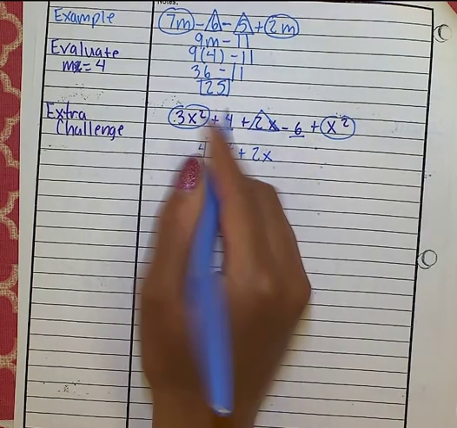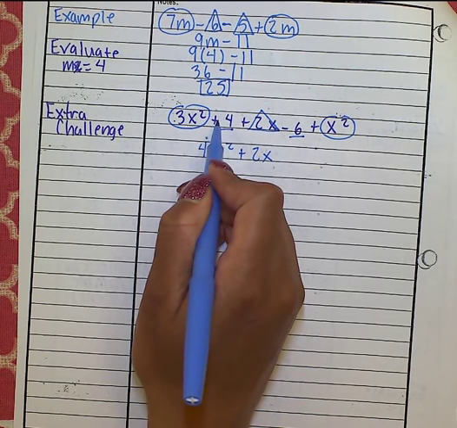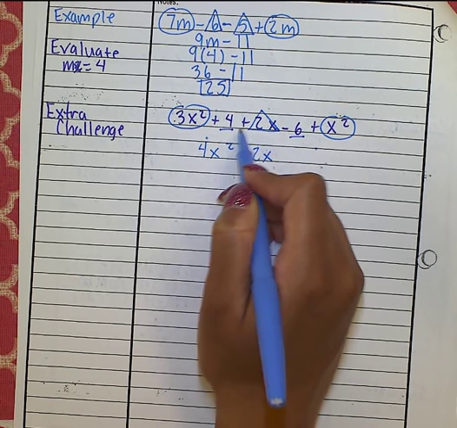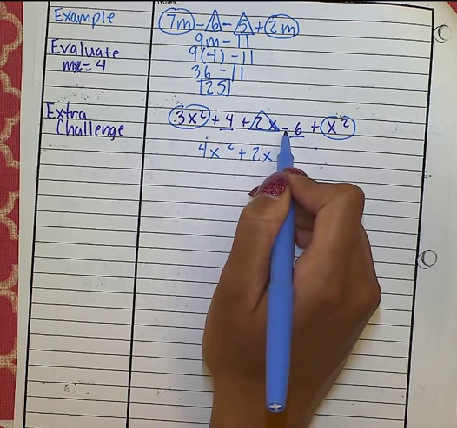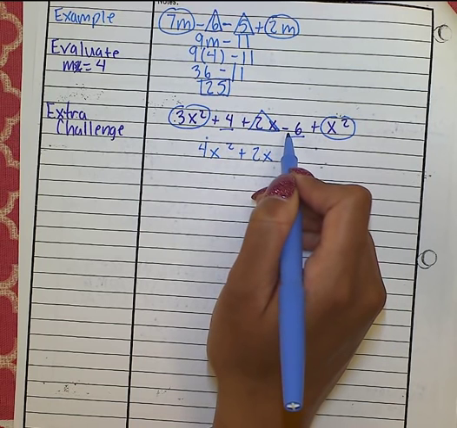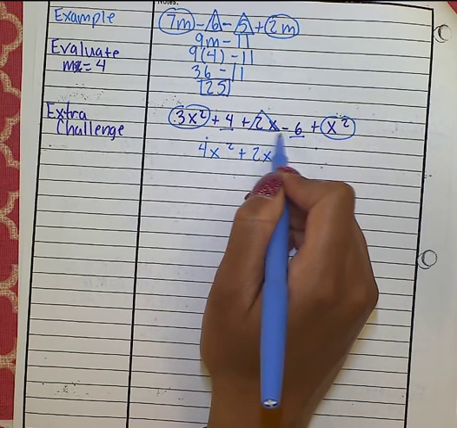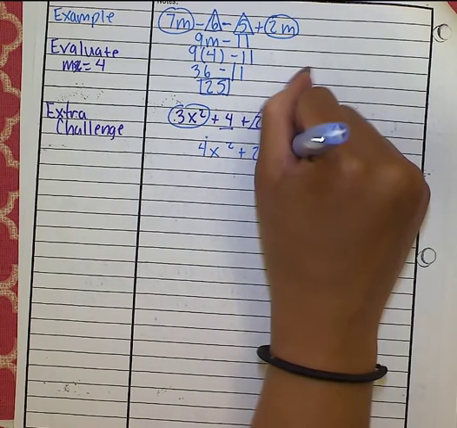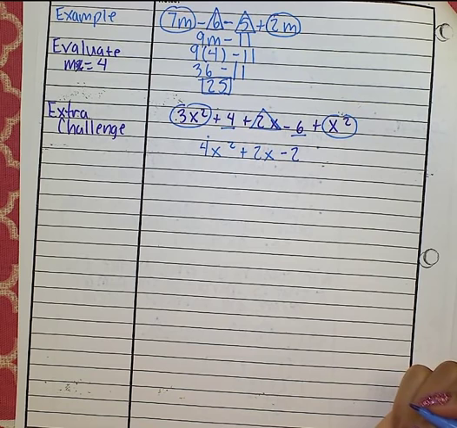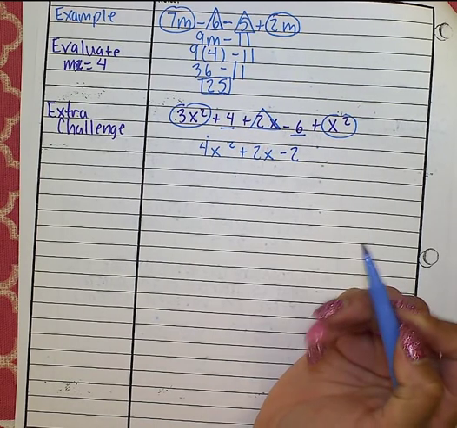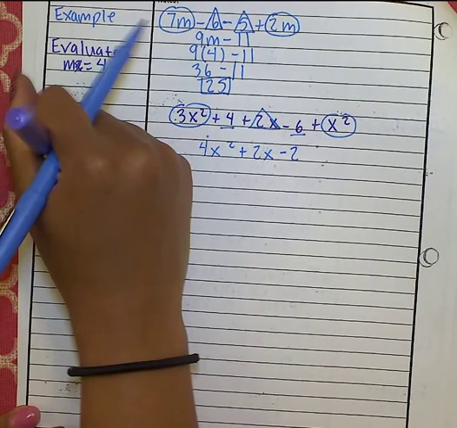I see that there is a plus or a positive in front of the 4. So I know that's going to be a positive 4. And I also see this minus in front of the 6. So that could either be minus or negative. So this could be 4 plus negative 6 or 4 minus 6. Either will get you negative 2. So now I know this is my simplified expression. Now the question is going to ask you to evaluate